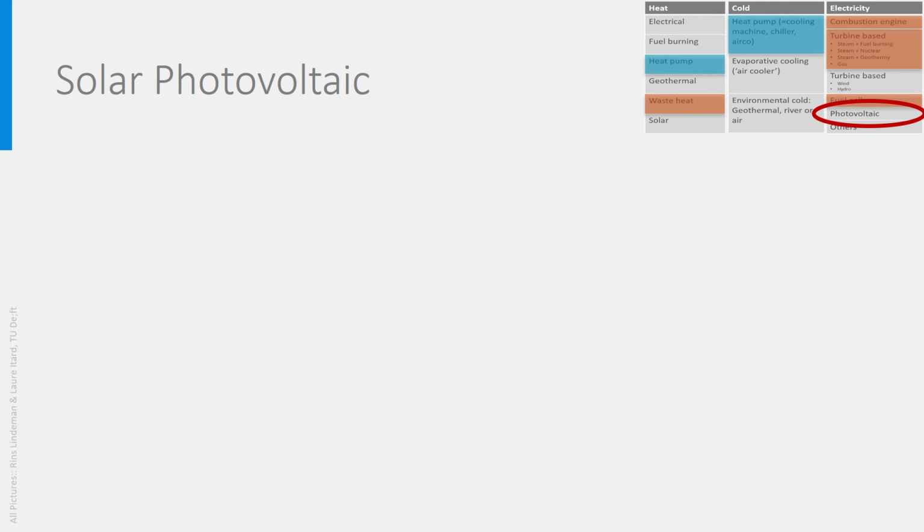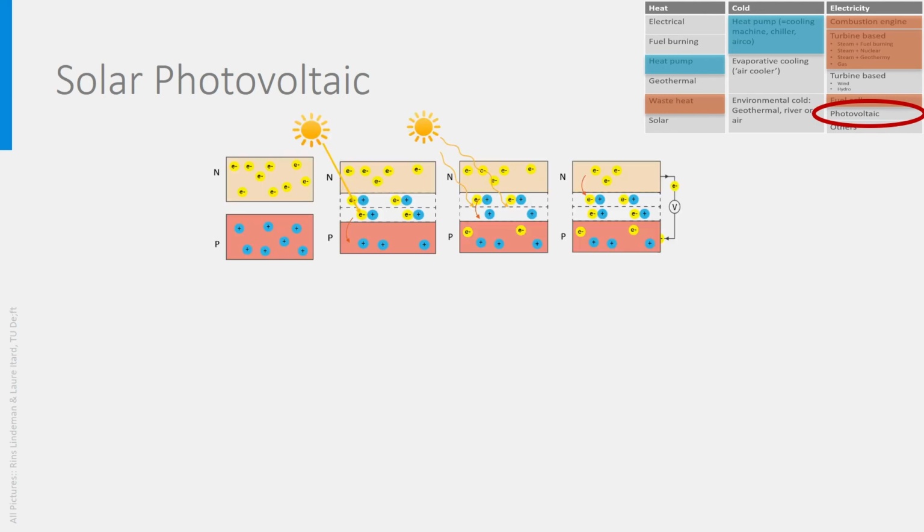Photovoltaics, often abbreviated to PV, is completely different from solar thermal. It is the conversion of light into electricity using materials called semiconductors and the photoelectric effect. Look at picture 1 in this graphic. There are semiconductors which contain mainly negative charges, electrons, therefore, in yellow in the figure. They are called N semiconductors. There are also semiconductors which contain essentially positive charges, in blue. We call them P semiconductors. Look now at picture 2.